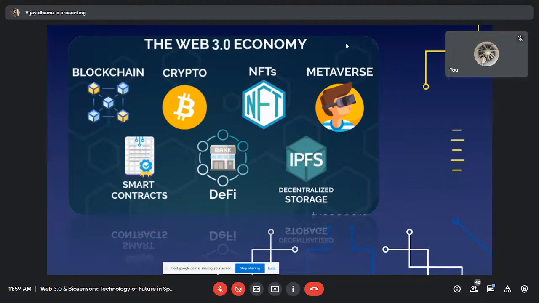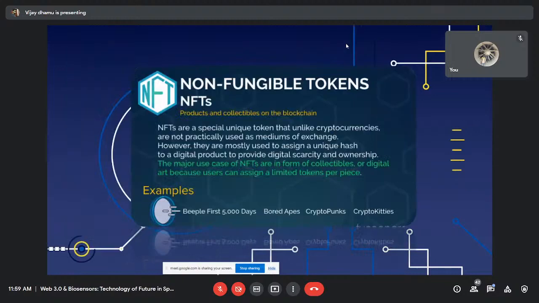So NFT is nothing but a non-fungible token. It is not a currency, but it is more like a possession. For example, in 2011 India won the Cricket World Cup,